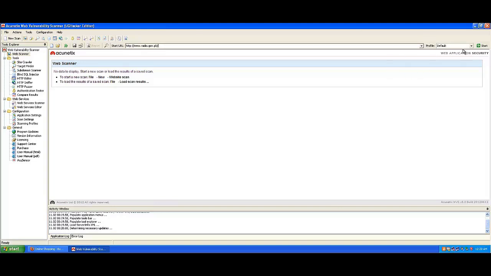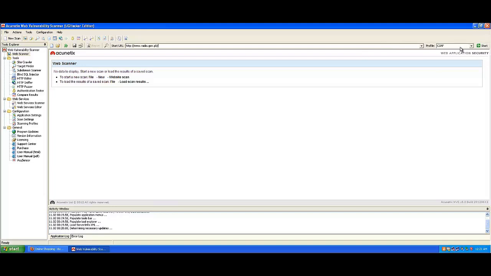On the right hand side, you can see there is a drop down menu in which you can choose different web application attack vectors, for example CSRF, directory traversal attack, or file upload, or Google hacking database, SQL injection, and so forth. Suppose I wanted to figure out whether a specific website is vulnerable to cross-site scripting attack, then I can choose this one, XSS attack vector, and I can put the URL here and start the scanning. Or suppose I wanted to see whether the website is vulnerable to CSRF, that is cross-site request forgery attack, so I can choose CSRF, and here I can put the URL of the website and start the scan.